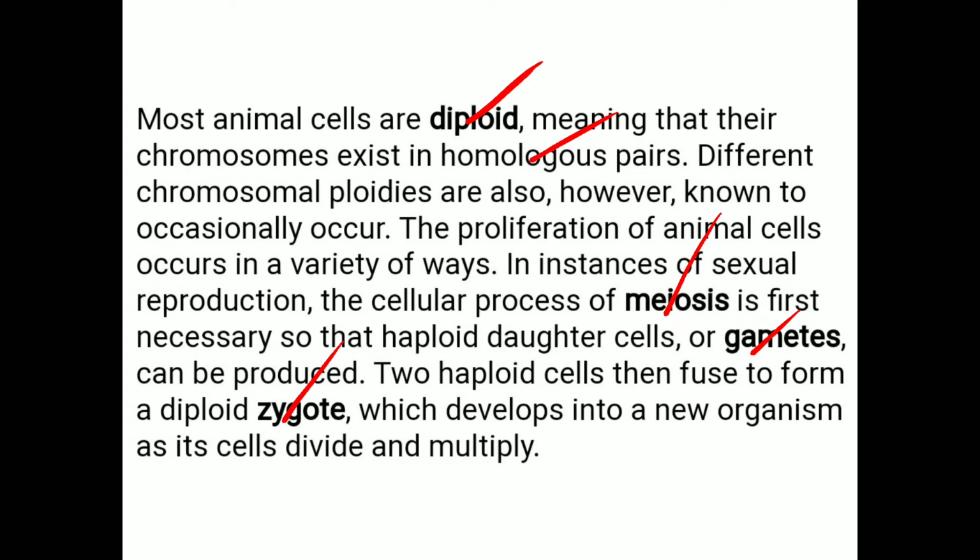At the time of reproduction, it undergoes meiotic division, giving a single set of chromosomes. That single set of chromosomes goes through fusion. The process is called fertilization, and the resulting cell is called a zygote. So keep in mind what diploid is, what the haploid condition is, what meiosis is, how gametes are formed, and then how the zygote is formed, here in this slide.